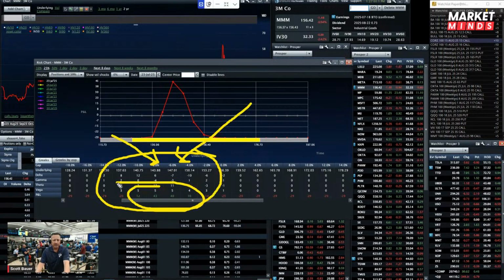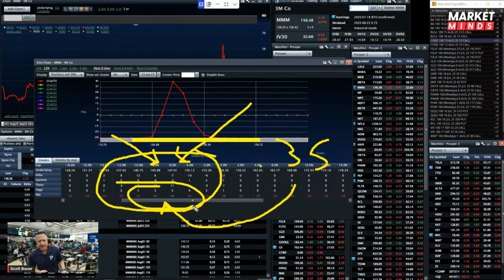Does everybody see that? So if we paid 35 cents for this and we got the exact move we were looking for, we could assume we'd probably make a little bit better than 1-to-1, 40, 42 cents, something like that. Does everybody see that? Now, would I do that? I probably wouldn't do that. I like the 1-to-1. That's actually really good.